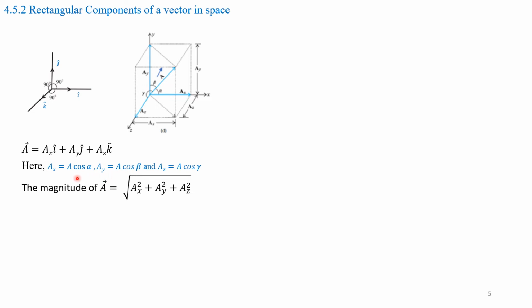And magnitude of vector A is calculated as square root of ax square plus ay square plus az square, and cos alpha is given by adjacent side by hypotenuse. That is, cos alpha is equal to ax divided by a, cos beta is equal to ay divided by a, and cos gamma is equal to az by a, wherein we had described